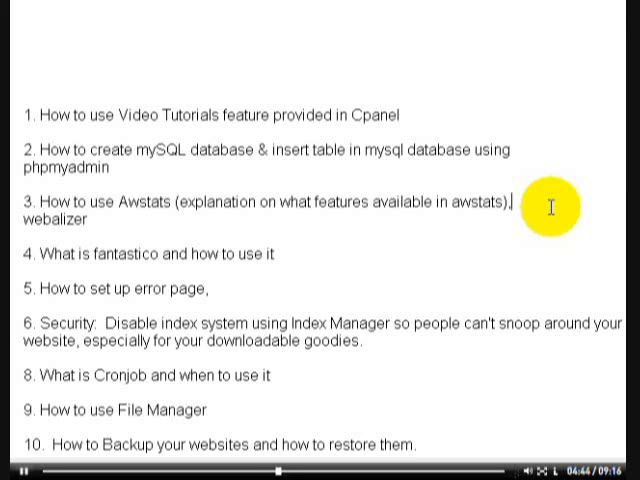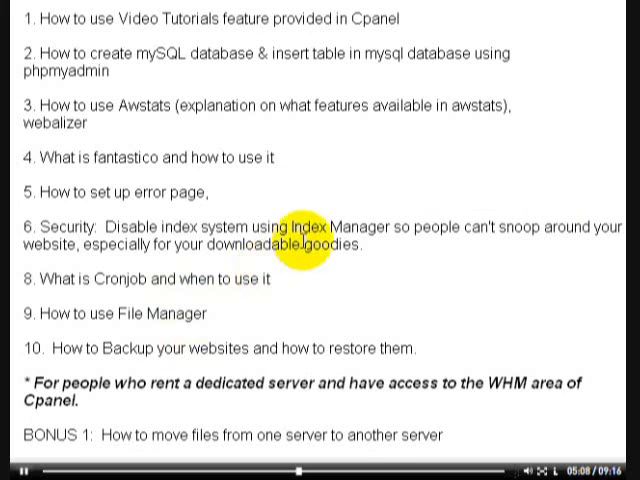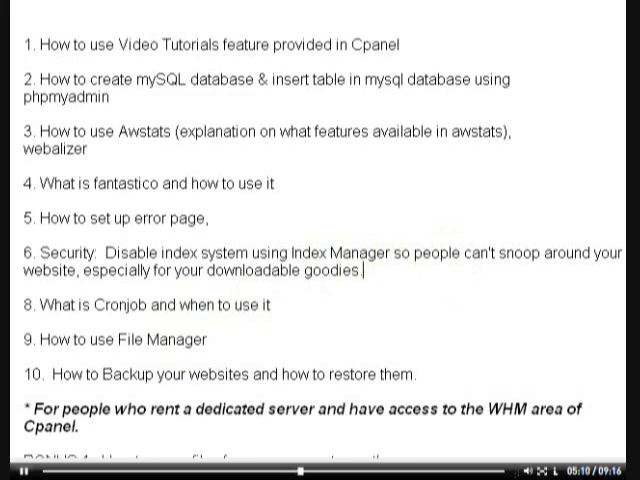Let's say, for example, that I go to www.yourdomain.com, and the only problem is I type in the wrong HTML page, and I want to get to the right HTML page. Well, you could set up 404 or error pages simply to solve that. And number 6, I'll talk about security, how to disable the index system using the index manager